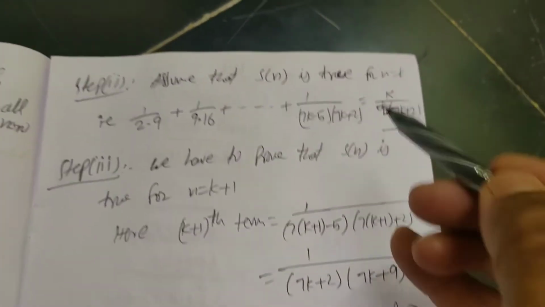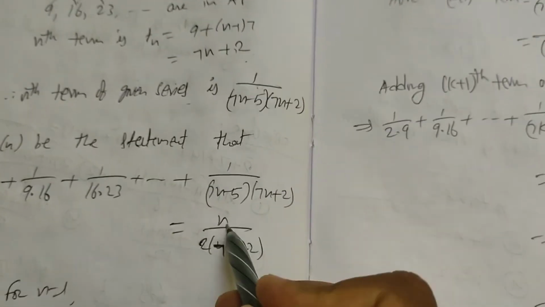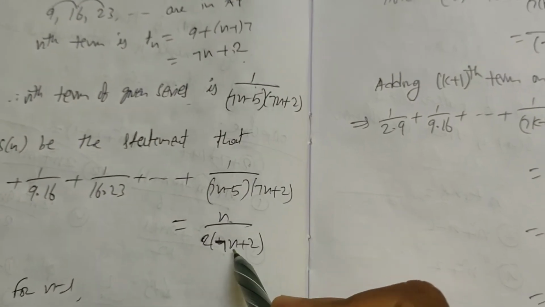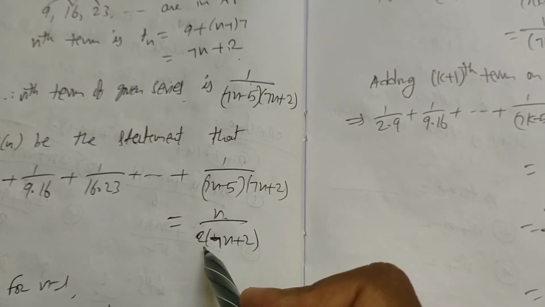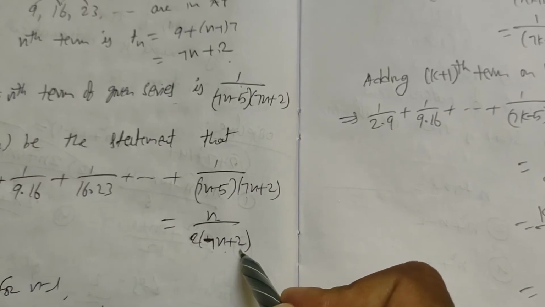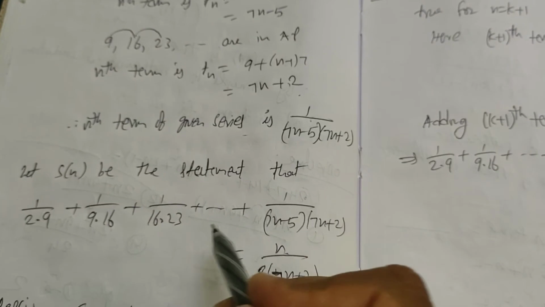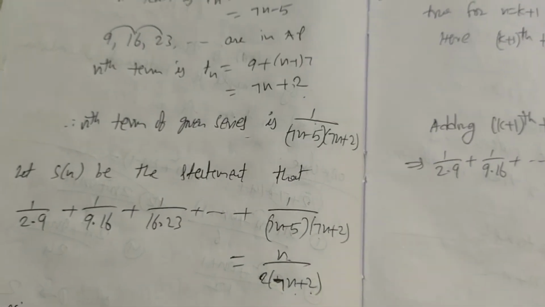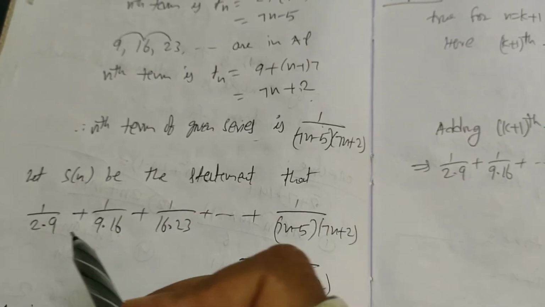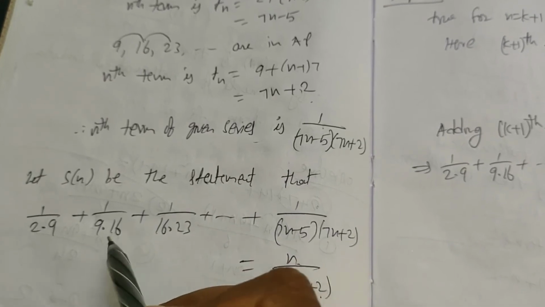We have to prove the RHS: in the place of n, k plus 1, that means k plus 1 by 2 into 7 of k plus 1 plus 2. This one we have to prove. So what we have to consider? We have to consider up to the k plus 1th term. Up to the k plus 1th term means 1 by 2 into 9 plus 1 by 9 into 16 plus 1